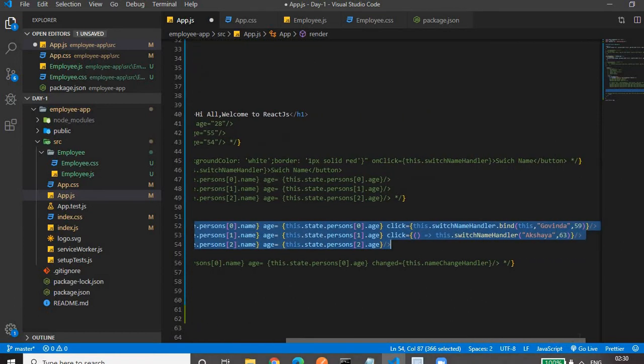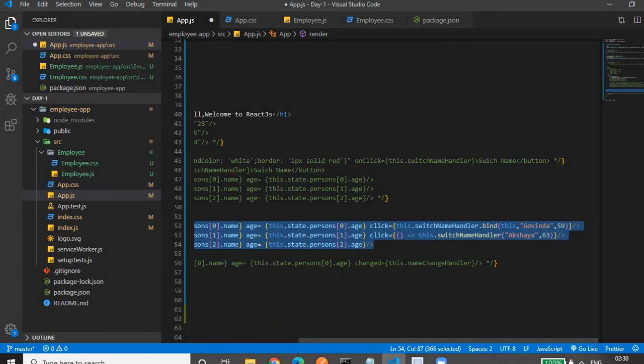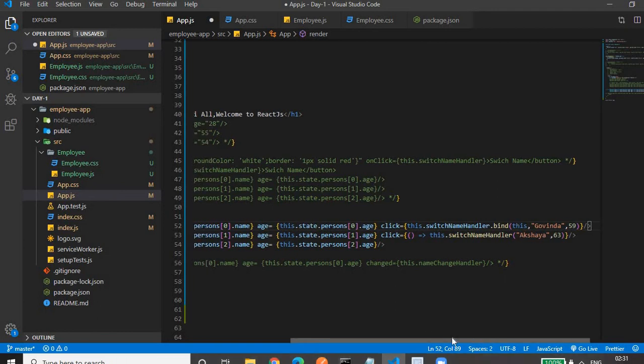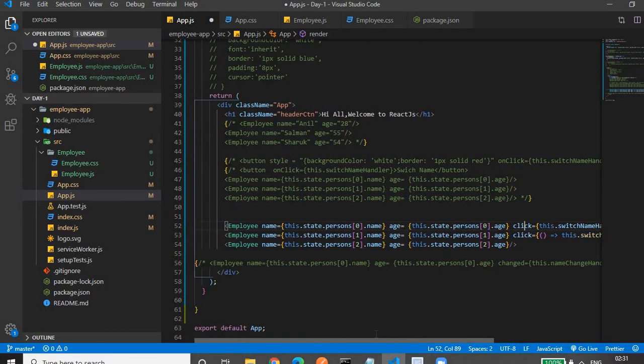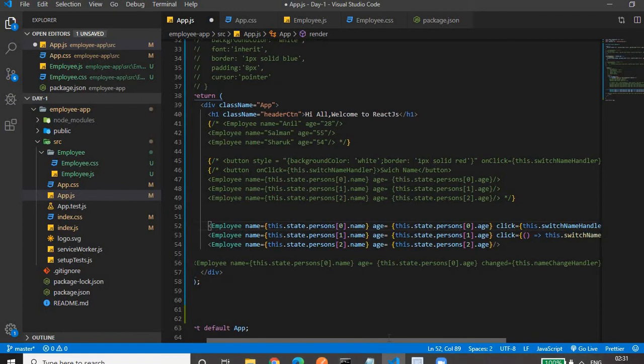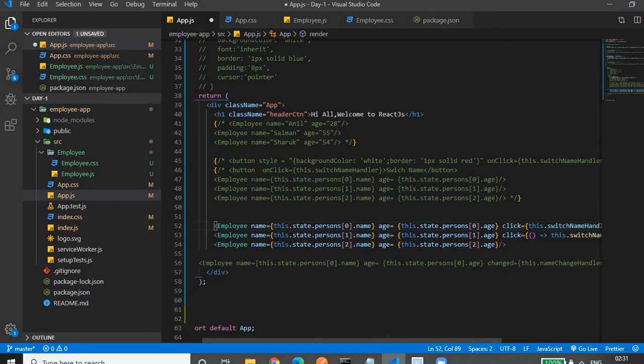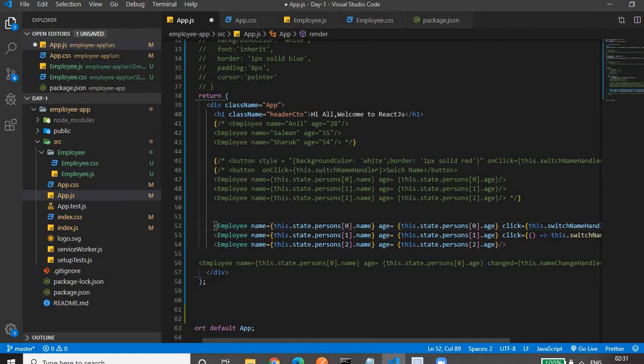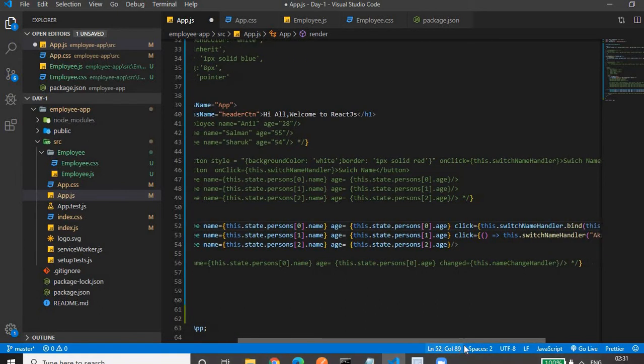For passing the parameter to a function, we have to pass a, so now what I want is, on click of the paragraph in the employee function, I want to change the name for that employee. So we'll see how we can pass the function reference from the parent to the child.